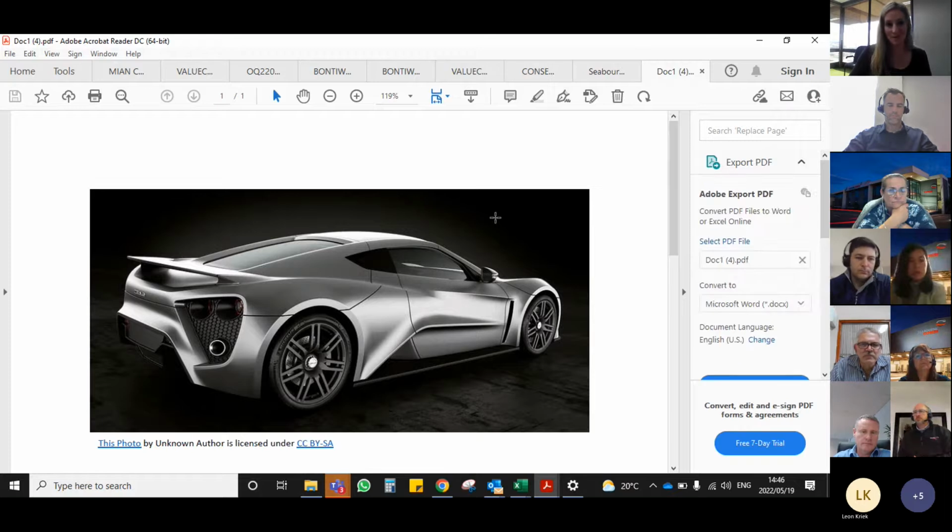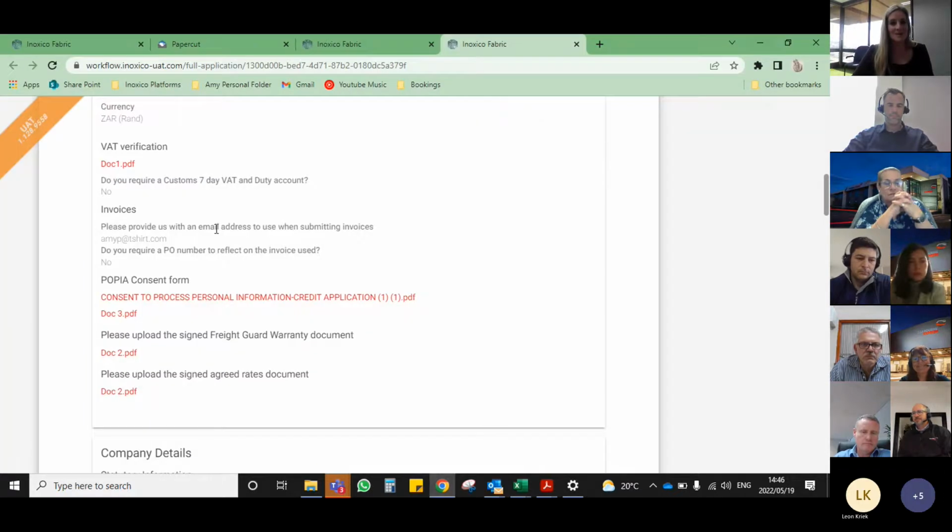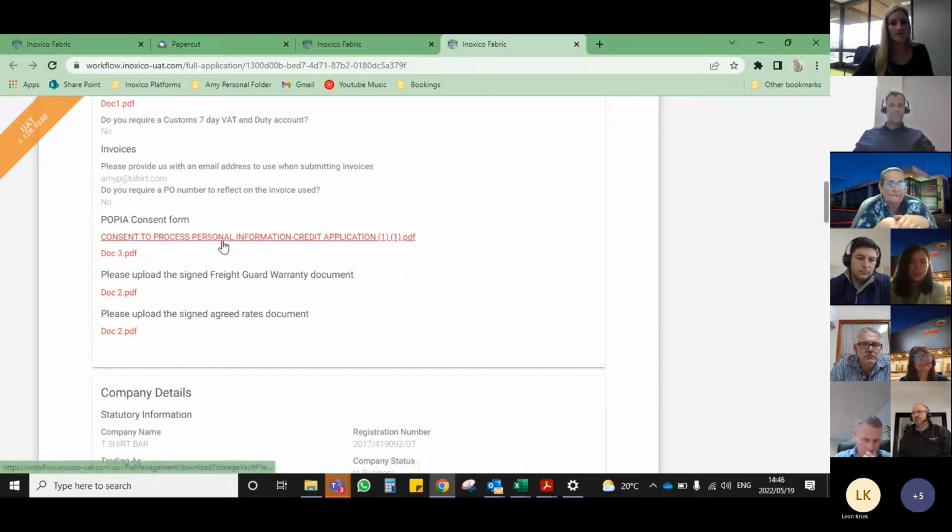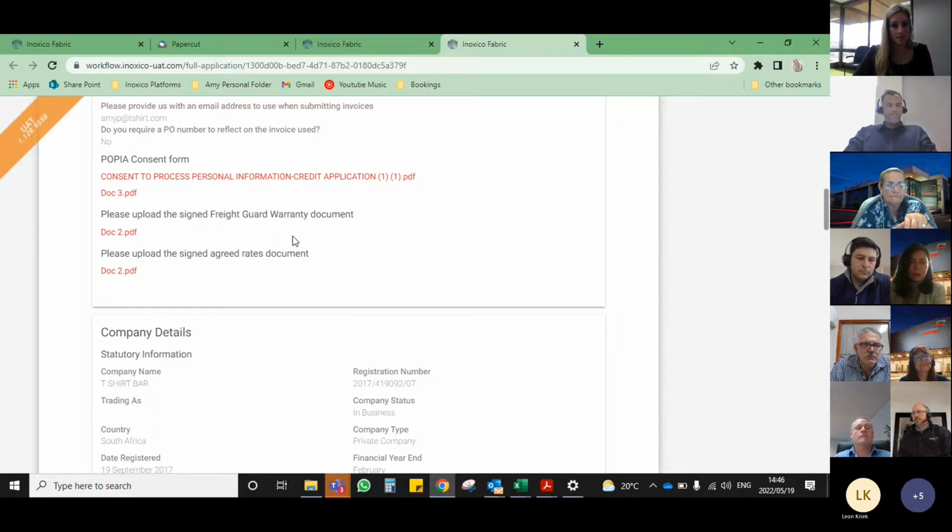So for example, this is the document that I have attached. Obviously, that will not help you. It will be very nice to look at, but it will not help you. So it's very, very important to make sure that the client, when we're doing this assessment, has actually attached the right document, so that you'll be able to see that, as well as obviously sign your POPI